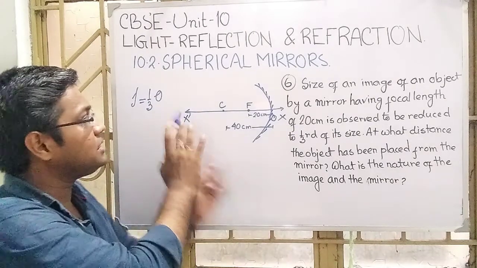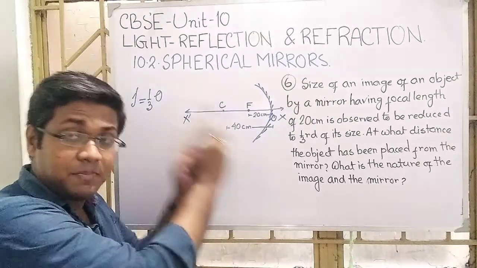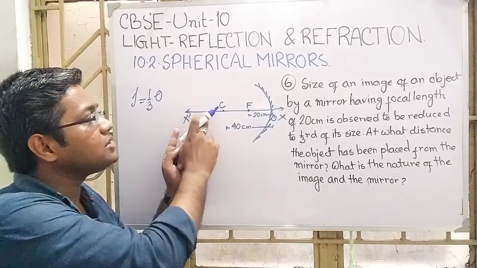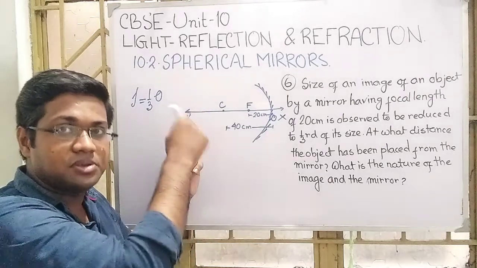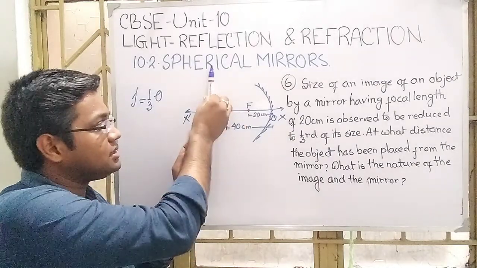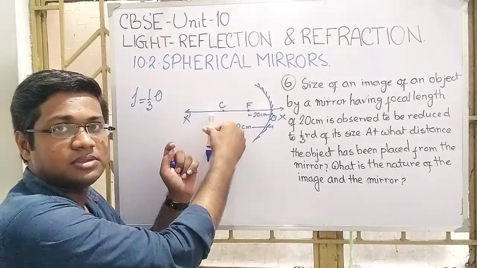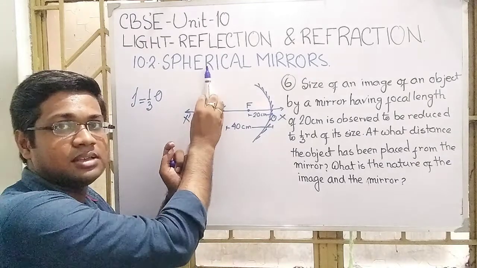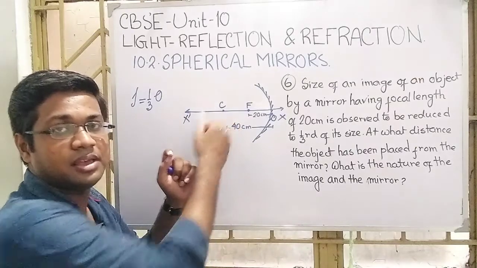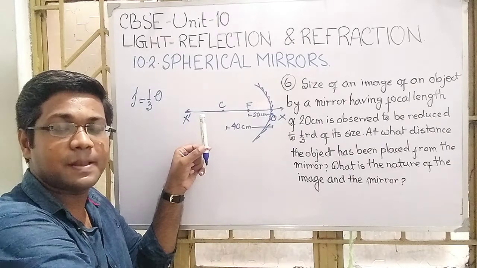At first I consider that for the images obtained in case of a concave mirror, if it is a real image, then if I is on the upside, O is on the downside. If I is placed like this, then O will be formed this way. O will form on the downside of the mirror. If the image is placed like this, the object is placed like this. So it is on the downside. Clear? So this is the thing.